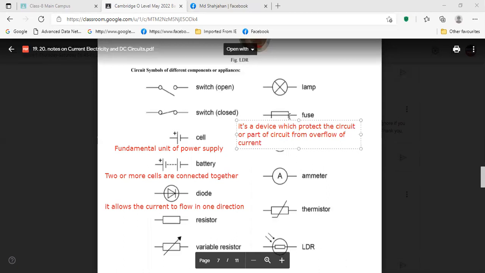If current is high, then the fuse melts and